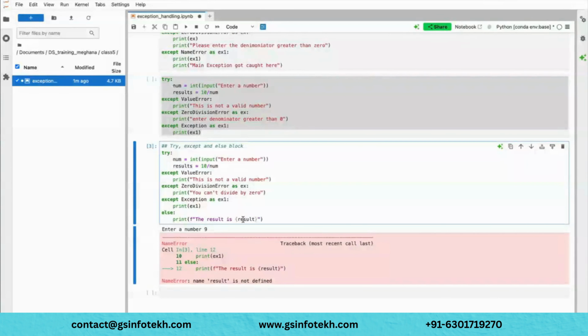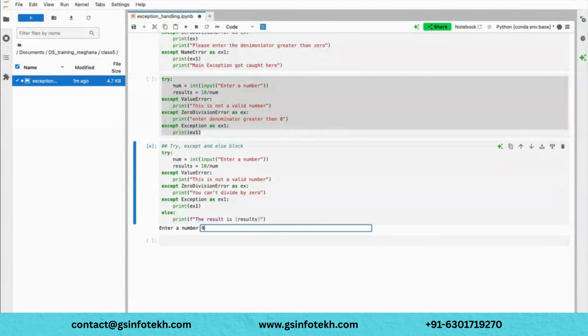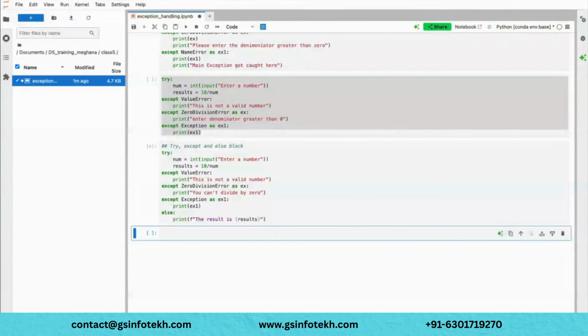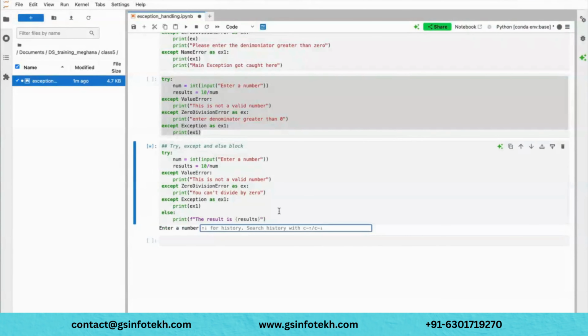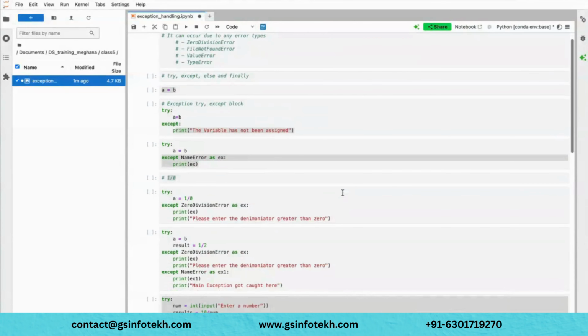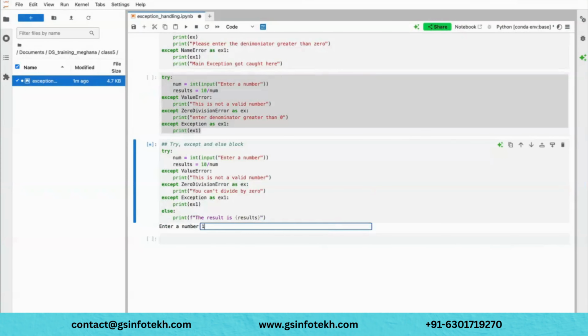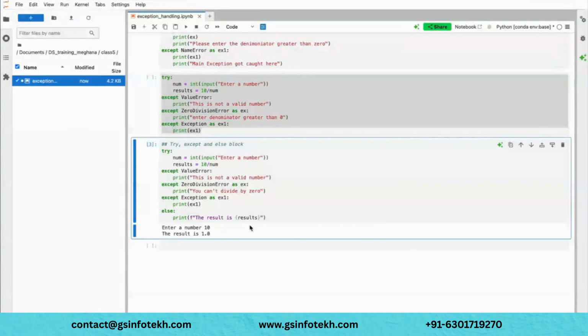Okay, so it's results. Again, I need to restart. I don't understand why this kernel sometimes executes and sometimes it won't.